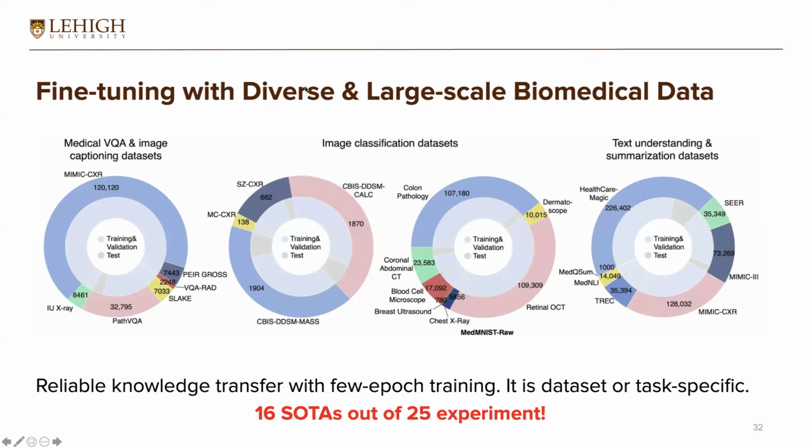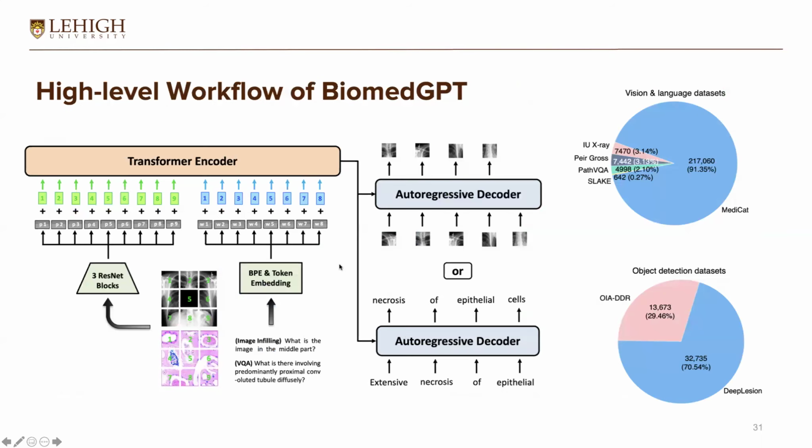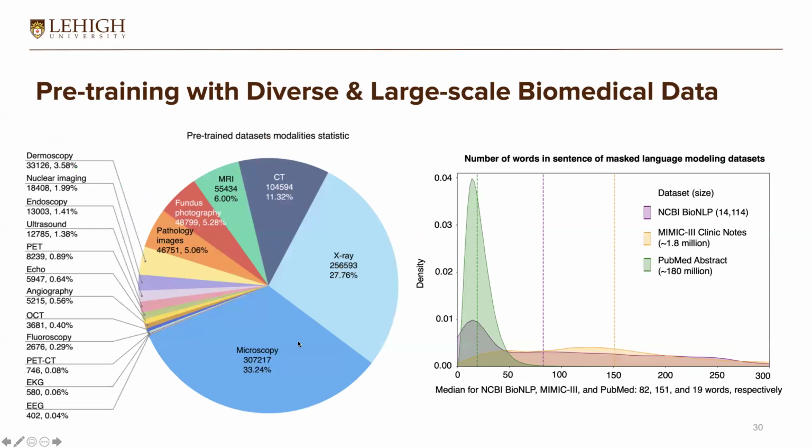So after fine-tuning our model, we found that in 25 of the experiments we achieved 16 state-of-the-art results across diverse tasks. This is maybe good, but not as good as you feel with the first release of ChatGPT, right? It can beat every task and every model. The reason is, in some tasks, let's look at the data distributions. It will help you understand this better.